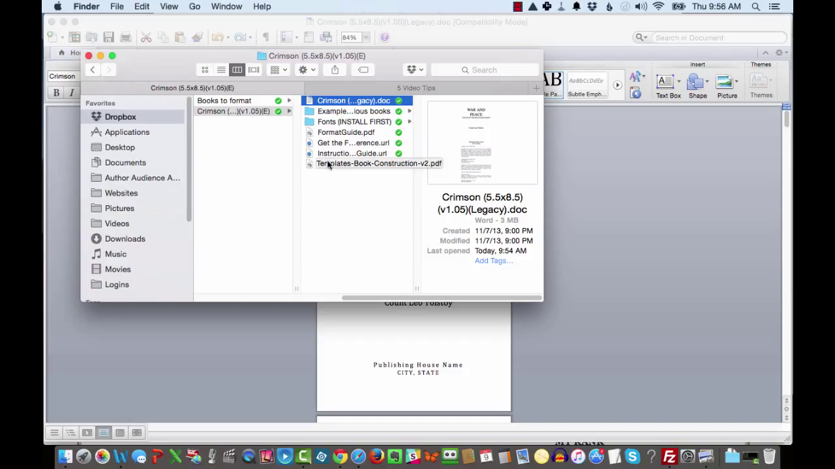I really like book design templates because they provide a way to have a more professional looking interior design within Word without having to spend a lot of money. And so I have the Crimson template from them, and in this Crimson template, this is the 5.5 by 8.5 Legacy. They also have an ebook format, and I like to use the .doc